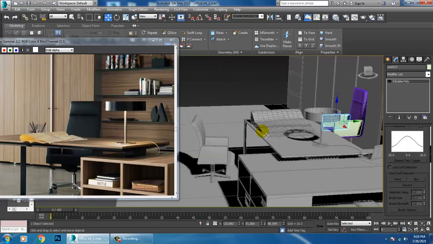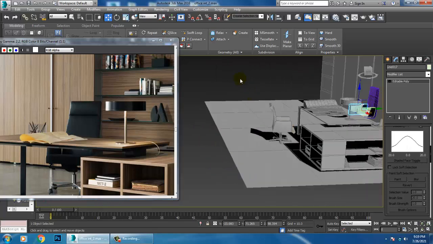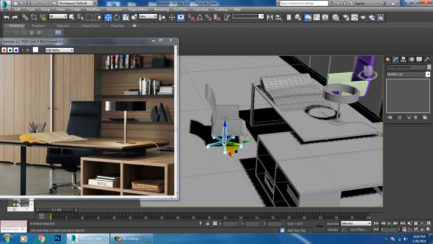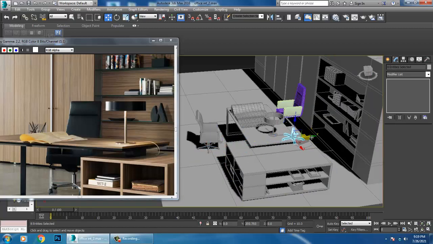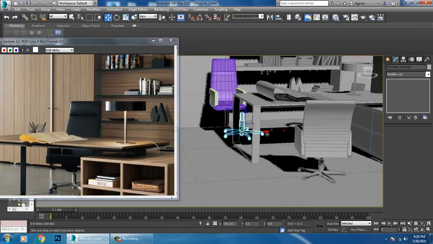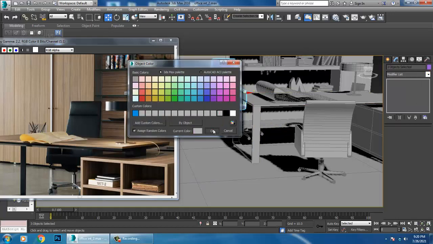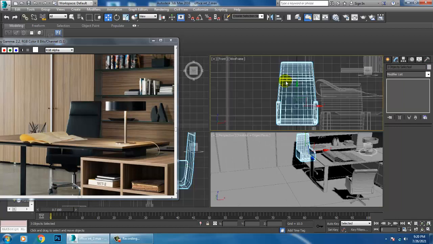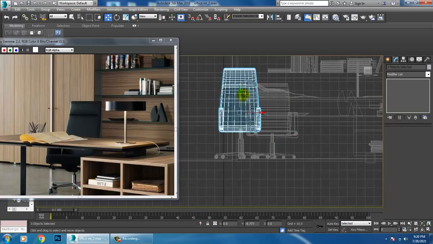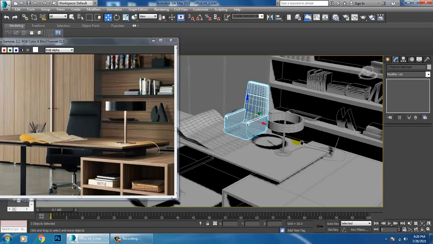After that we have this section which we have already made, so let's duplicate that over here. I'll slightly scale that, select this whole thing and give a color to it, and slightly shuffle this a bit down in this way.